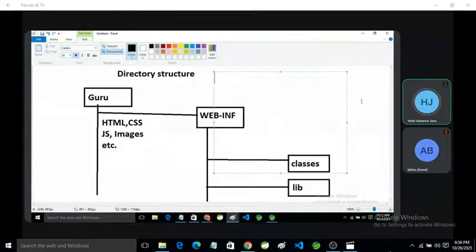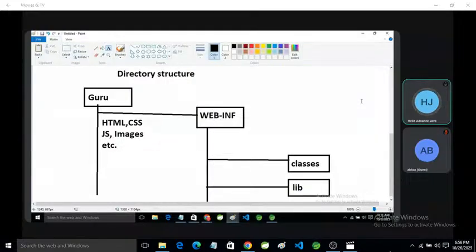If you want to create a servlet, you can create it anywhere in your system. But after compilation, it will generate a class file, and that will be saved in the classes folder. We cannot save that class file anywhere else in our system.